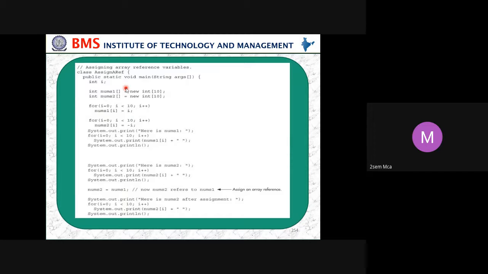Array 1 and array 2 have different memory locations, then we display them. After that, we assign num1 to num2, and then we change a particular position. So all this shows the reference of a variable, assigning an array to a variable as well as an object, from one array to another array.